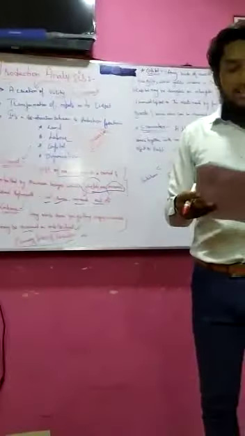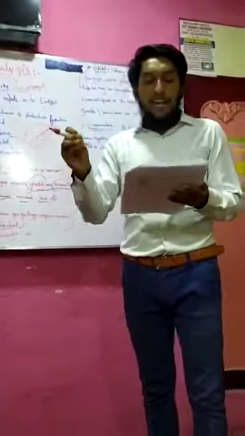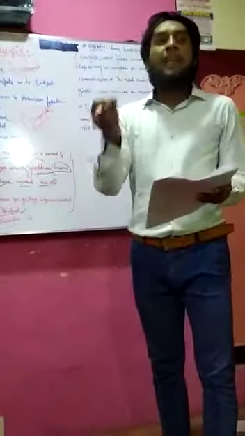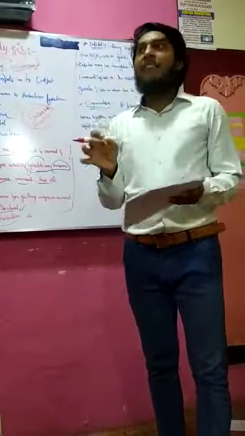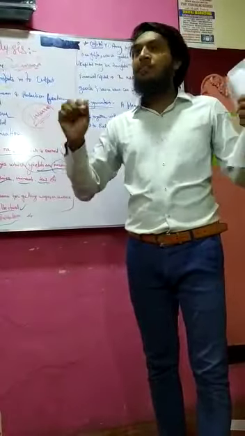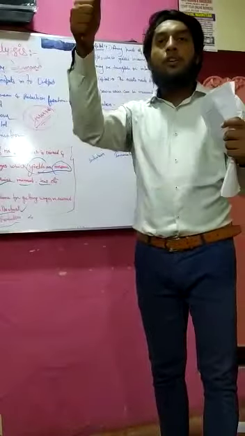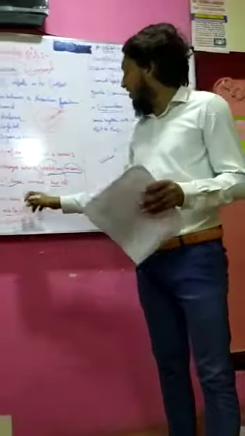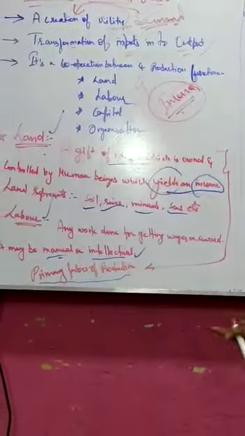Let's see some of the features of land and labor. Land is an animated factor of production, an active factor, and labor is an active factor. The physical appearance should be there; someone will be there. Labor is manual as well as intellectual. So land and labor both together are known as primary factors.